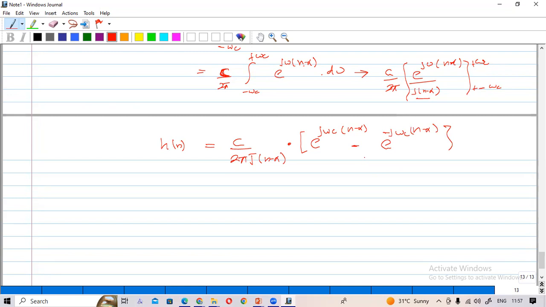So what is this? You know that using the Euler formula,